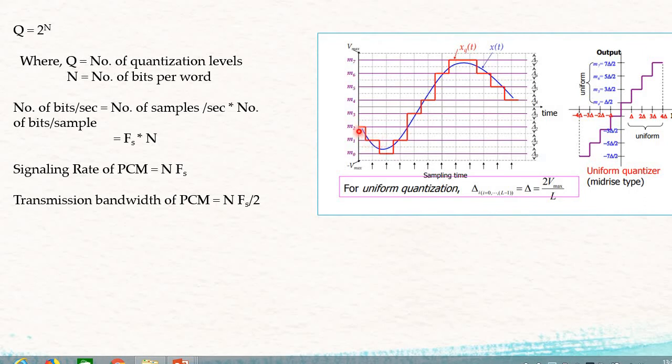So here is how it moves. If your samples are between these two dotted lines, all those samples are quantized to the level M2. Then if your input signal goes beyond that range, beyond this particular dotted line, it will go into the second range, which is shown by this particular line. So for this particular section, it is shown by this line. In this way we perform the quantization.